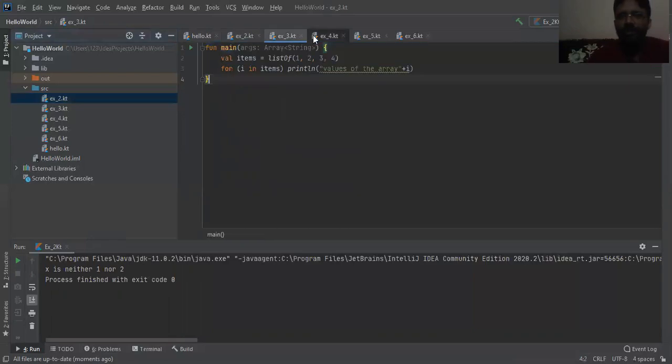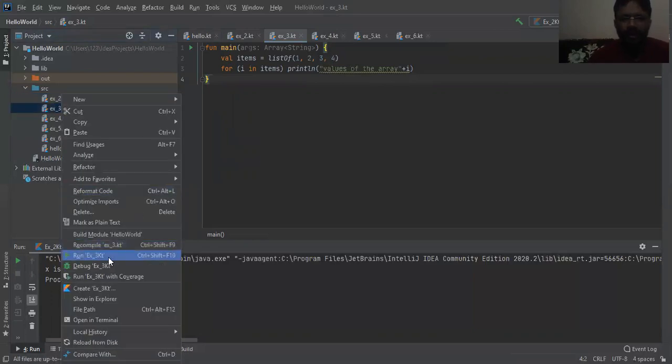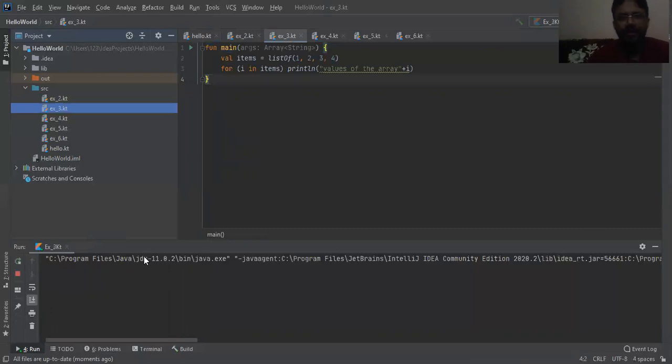The same happens with the rest of these programs. Here we have a list of 1, 2, 3, 4, and it will print the values of the array 1, 2, 3, 4. You simply run this. Right click on it and press Control Shift F10, and finally you will see the outcome.